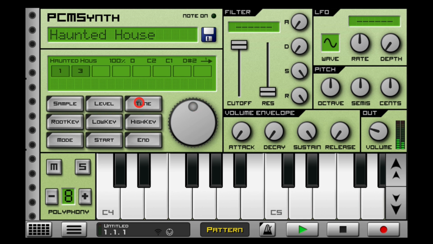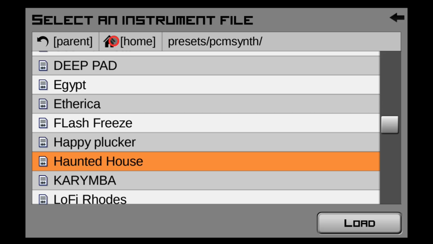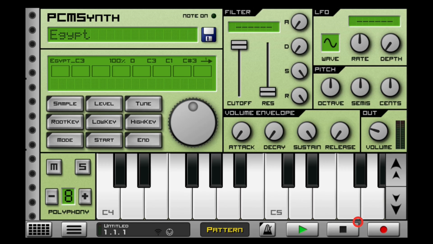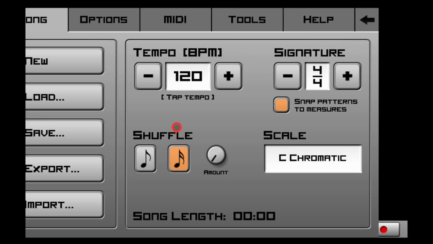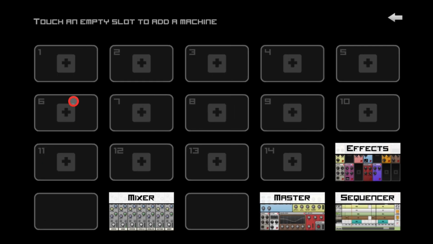I also did another one, this one. Awesome stuff. So the first thing we'll do is go to New, go to our rack and select a